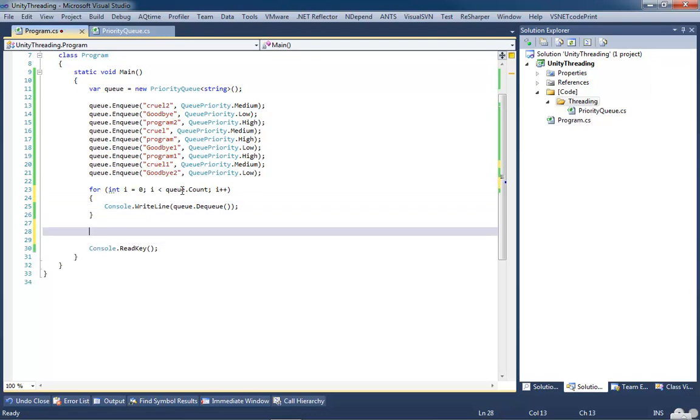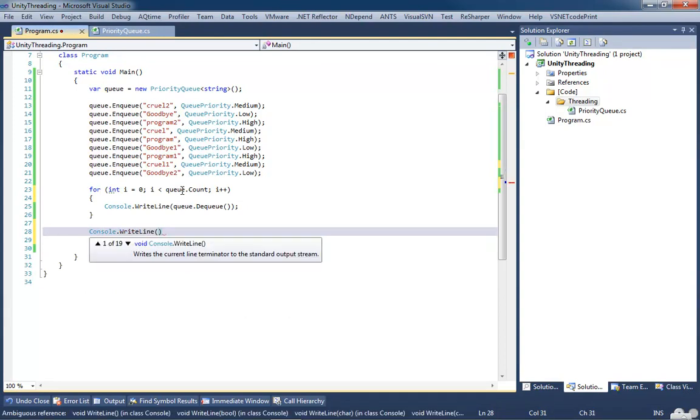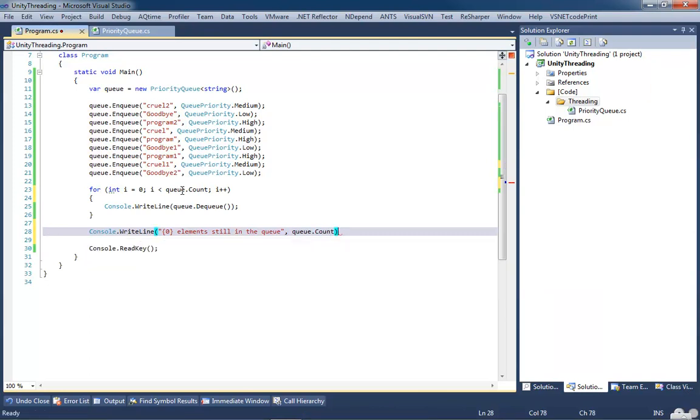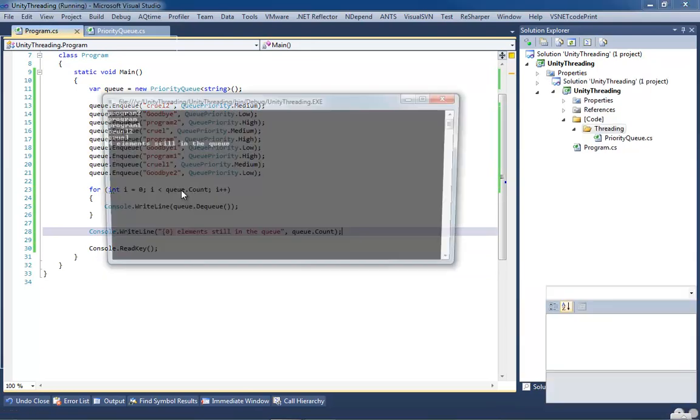And then after we loop through everything, we'll just print out the count. So if we run it,